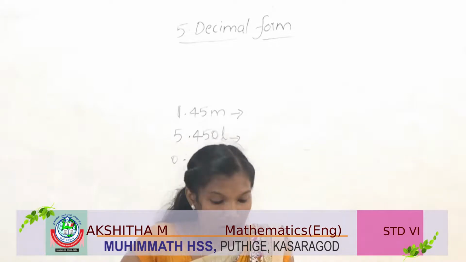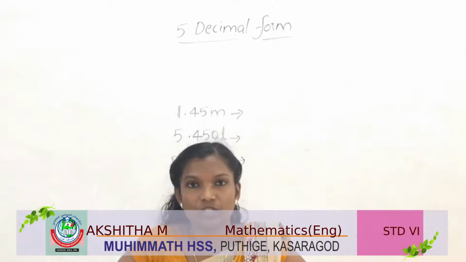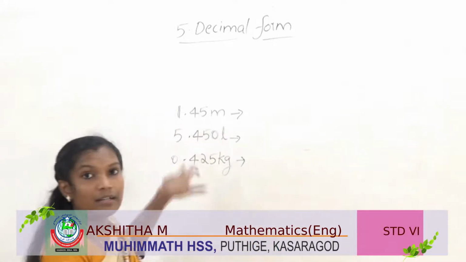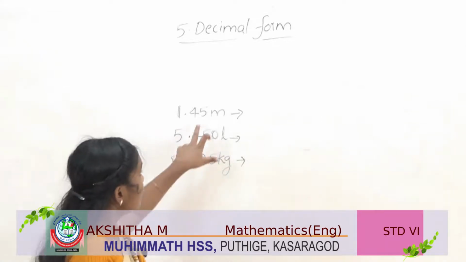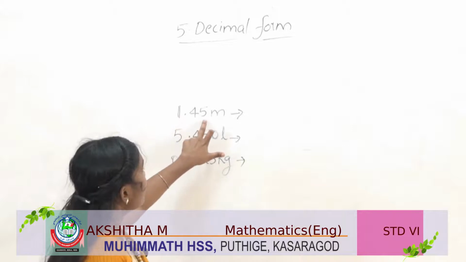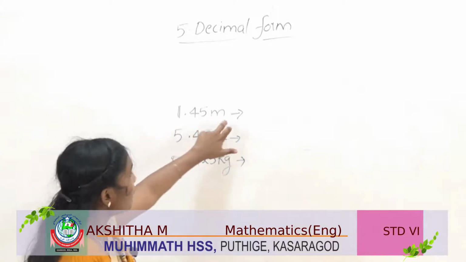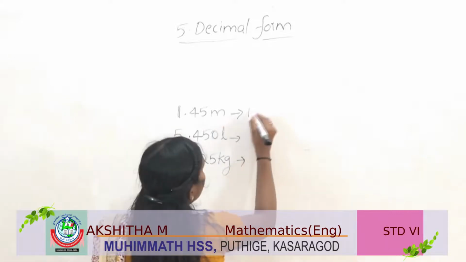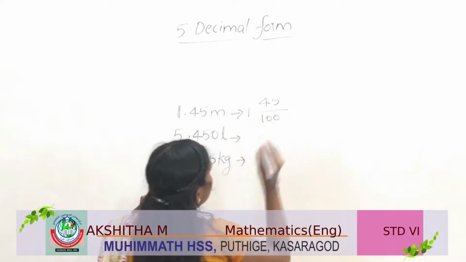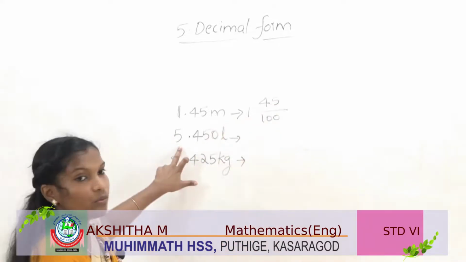Let us see how can we write the decimal form in fraction, means in reverse. How can we write that? You can see here decimal form of numbers. So here 1.45 meter. This we can write in fraction 145 by 100. And the next one